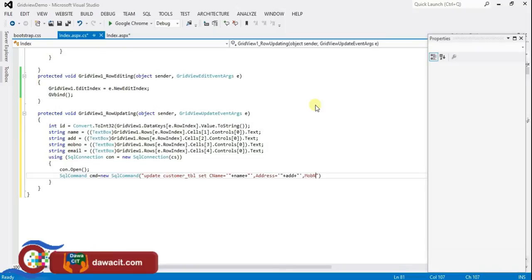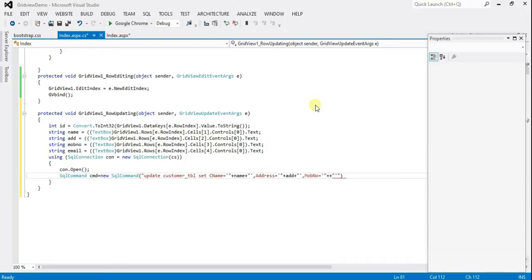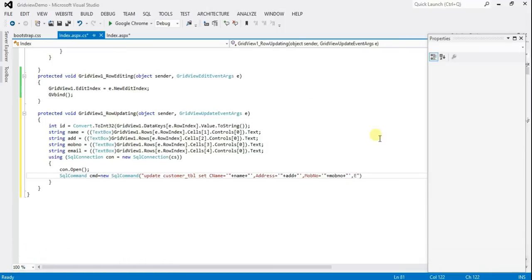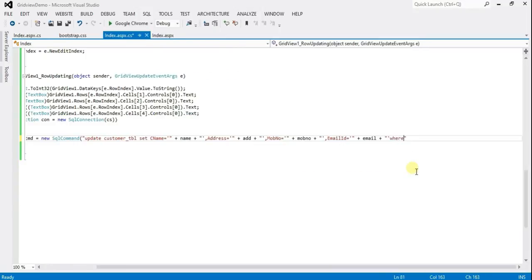comma, move NO equal to single quotation mark, double quotation, plus plus, MOV NO, comma, email ID equal to single quotation mark, double quotation mark, plus plus, email, where customer ID CID equal to single quotation mark, double quotation mark, plus plus, ID,